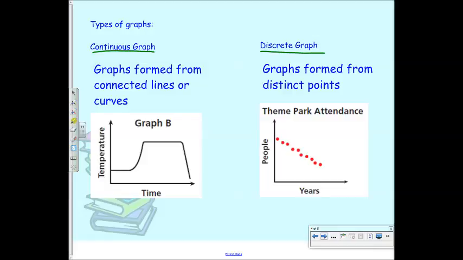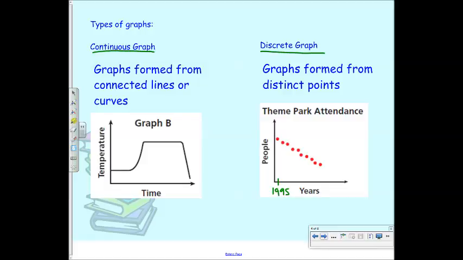So let's say this was like 1995, and that was like a really big year for theme parks, all right? So there was a very specific number of people who went to theme parks in 1995. This next dot would then represent what? 96. What would the next dot represent? 97, 98, 99. So it's a discrete graph because you could say, like in 1995, there were 65,000 people that went to this theme park. In the next year, there were 64,320. Each of those dots represents one specific piece of data,